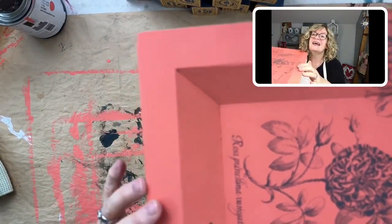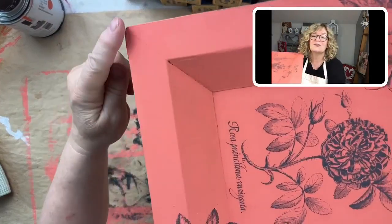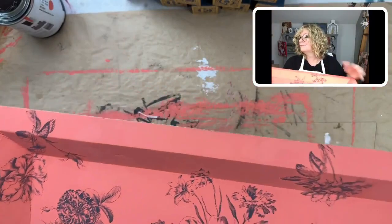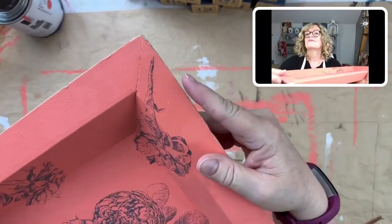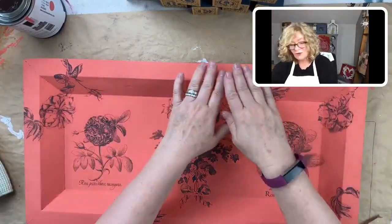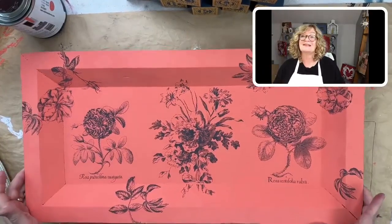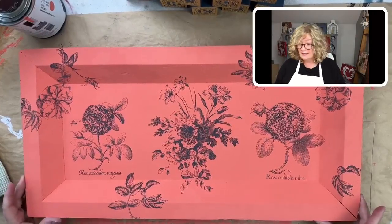what that does to the edge. Can you see that? It just knocks off just a little bit, right? Just to give it a little line, you know, that's all I wanted